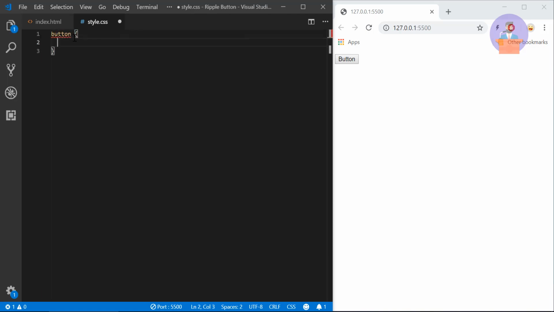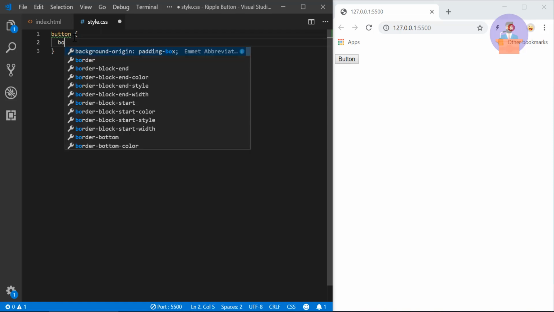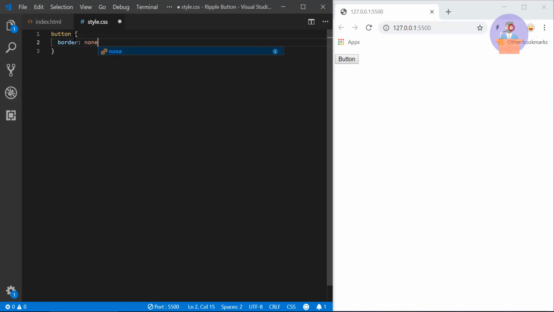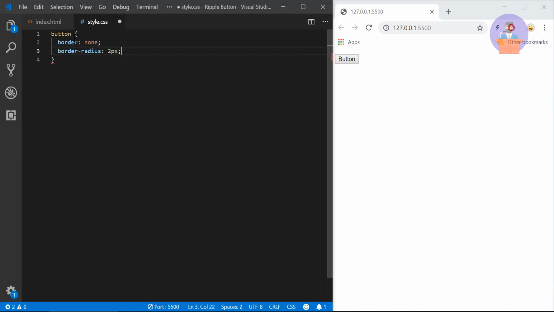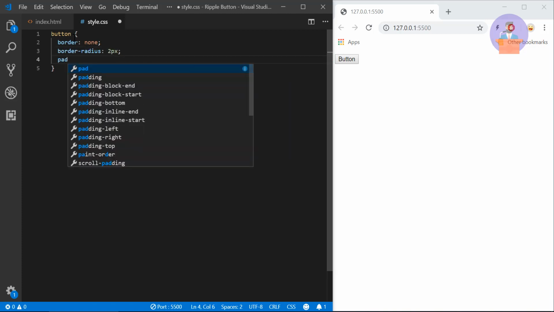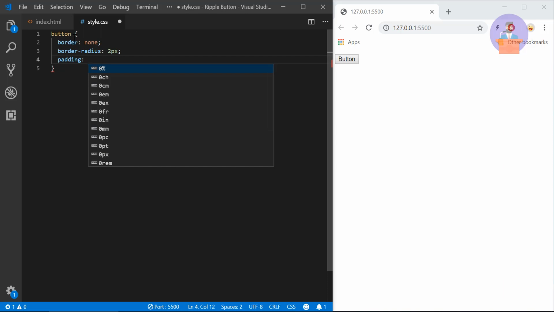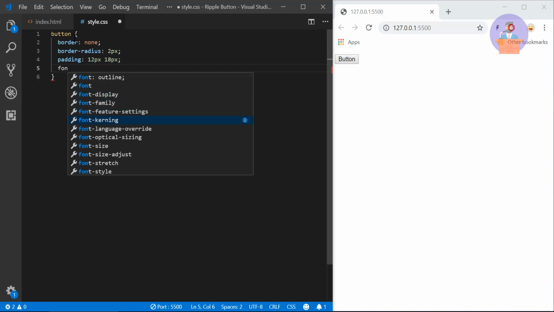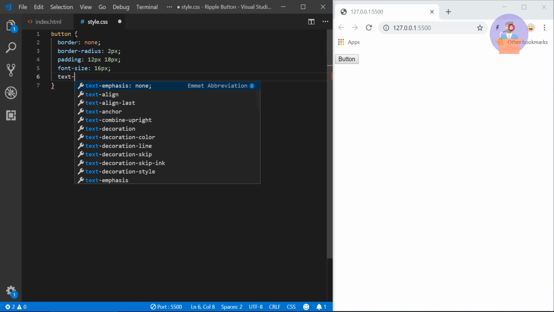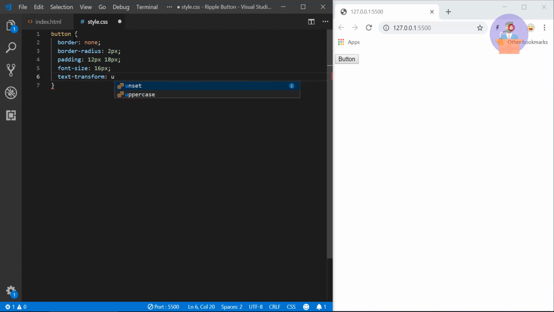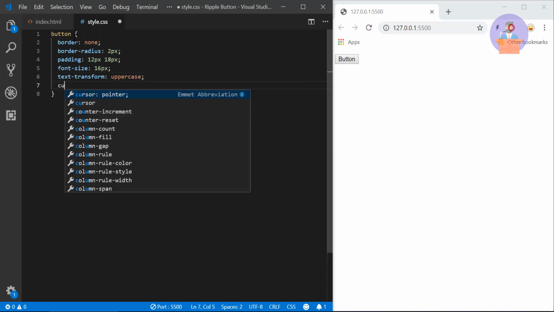So button, and here first I will give border as none, and let's give border radius as, let's say, 2 pixel, and padding, let's say top bottom will be 12 pixel, and left and right will be 18 pixel, and font size around 16 pixel, and text transformation will be uppercase, and cursor will be pointer,